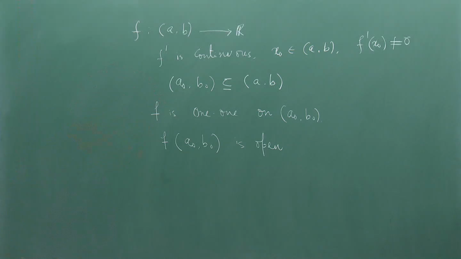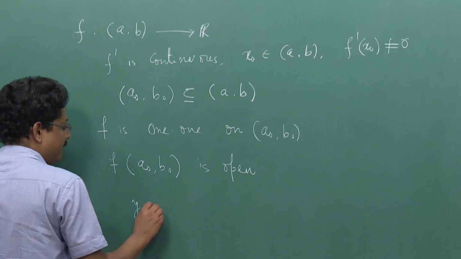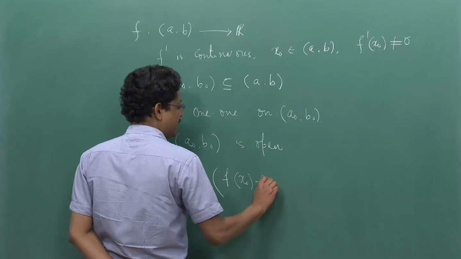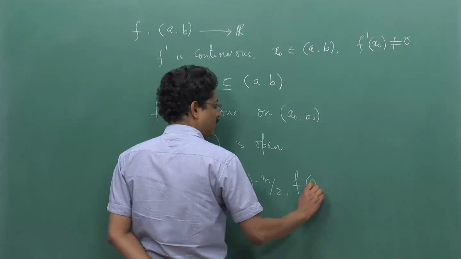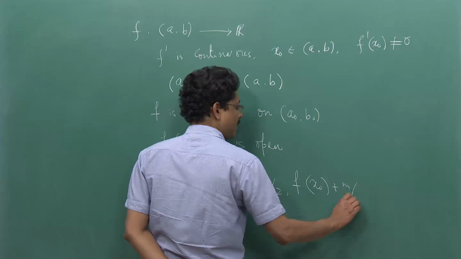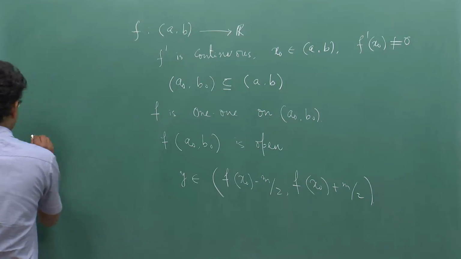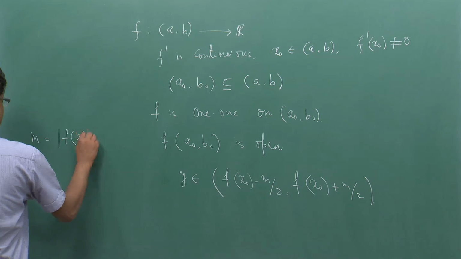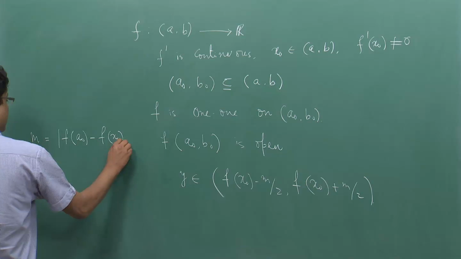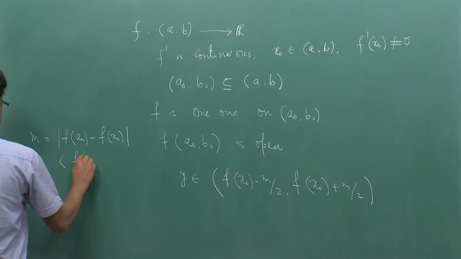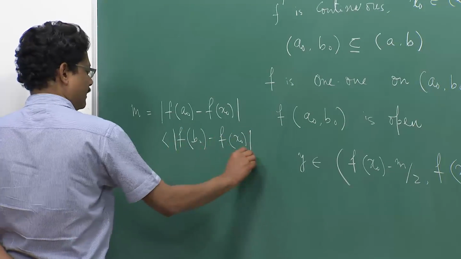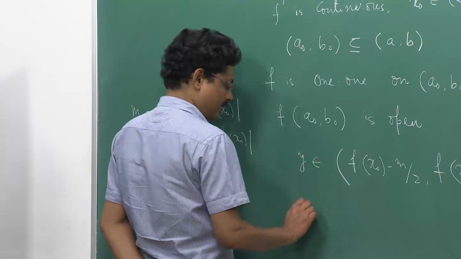Then we saw that one can find, given any y in f of x naught minus m by 2 to f of x naught plus m by 2, where m was f of a naught minus f of x naught, which we assumed without loss of generality to be the smaller one, and we call that m. If we took that, then for each y there exists